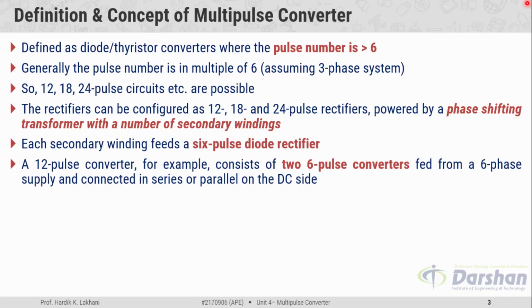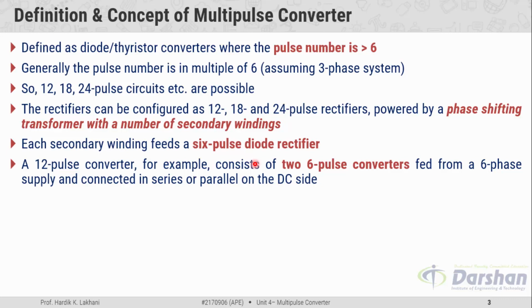It states that we can construct a 12-pulse converter using 2 units of 6-pulse converter with the help of a phase shifting transformer. In this case, the phase shifting transformer has one primary winding and two secondary windings. A 3-phase AC supply is given to the primary winding, and based on the primary and secondary winding connection, we can produce the phase displacement between the primary side and the secondary side line to line voltage,